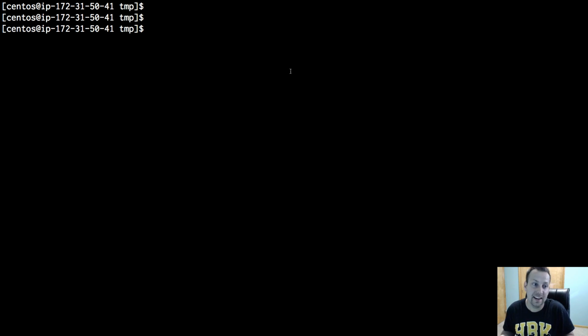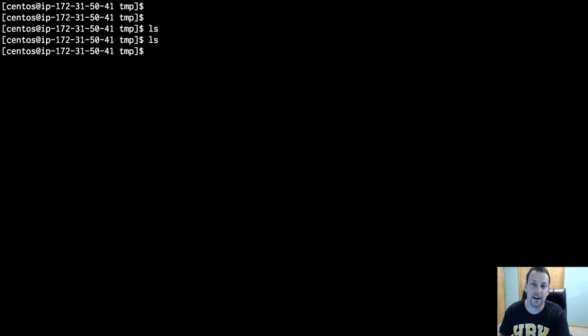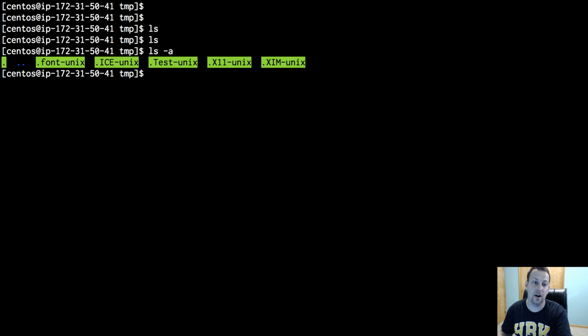and find hidden files on the Linux operating system. So if I type ls, I should have nothing in this directory, and that's true typing ls. Right? I just removed the stuff directory. However, if I do an ls -a, sorry, lowercase a, you will see that a number of directories or files appear, and these are hidden files. And in Linux, you can determine that they are hidden by the dot or the period that comes before the